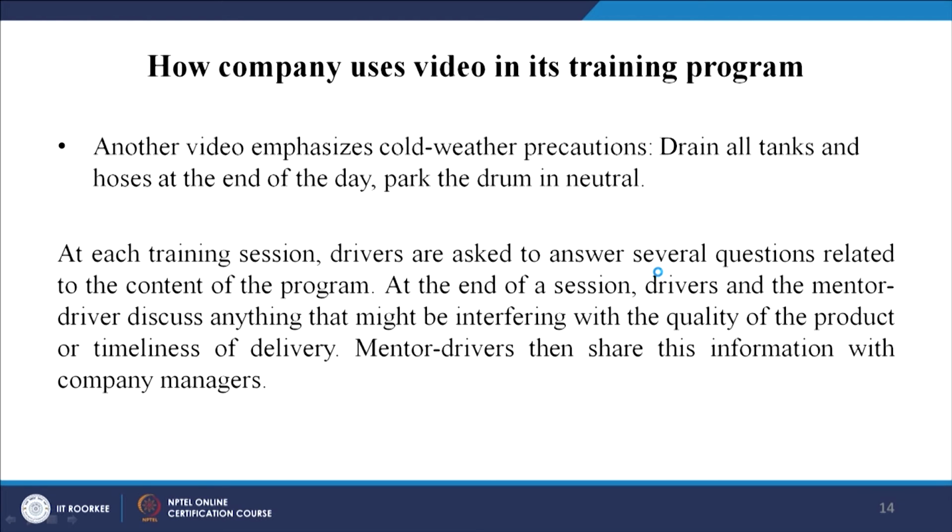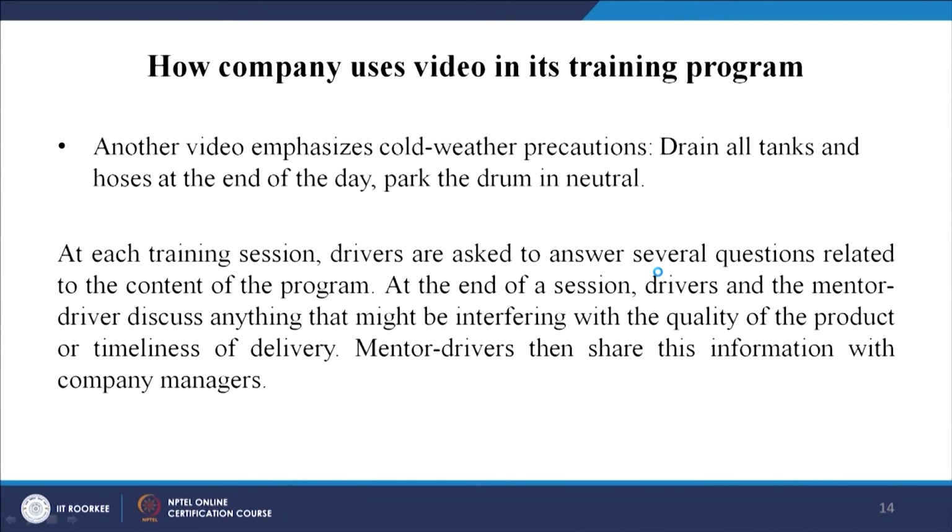So, many companies are using videos, not just for sharing information, but for showing how to do a task more effectively, and this is highly educating and supportive for the learners.